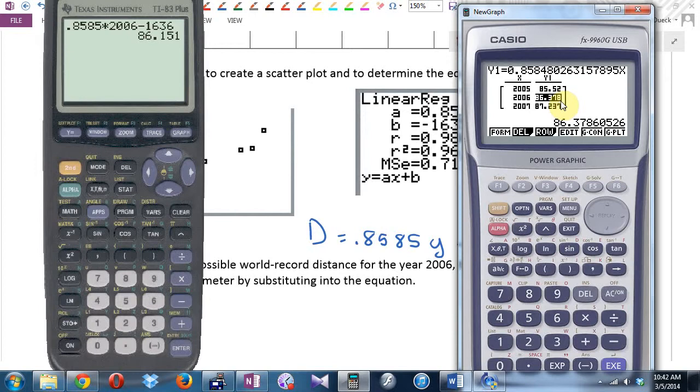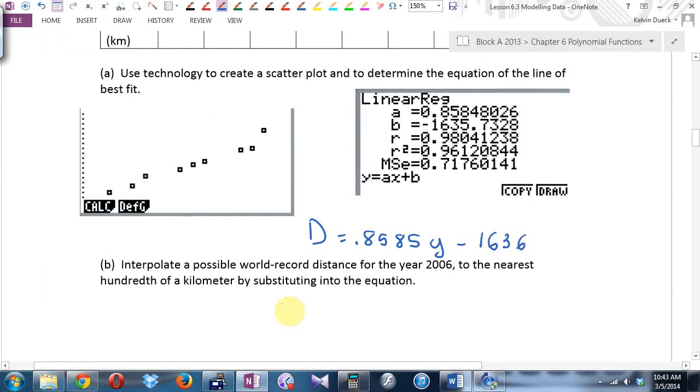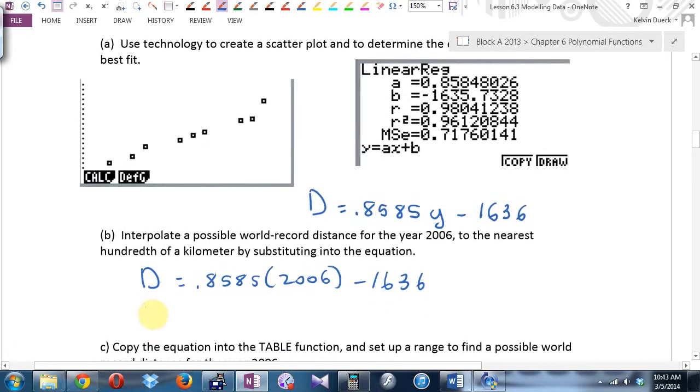Is that okay? I don't care which method you use. I'll be honest. If I'm finding more than one value, I'll go to the table because then I only have to type it in once and it'll give me all the values. If I'm only finding one value, I'll probably just do it by hand. Okay? So D equals 0.8585 times 2006 minus 1636. If I do this by hand, I got D equals 86.151